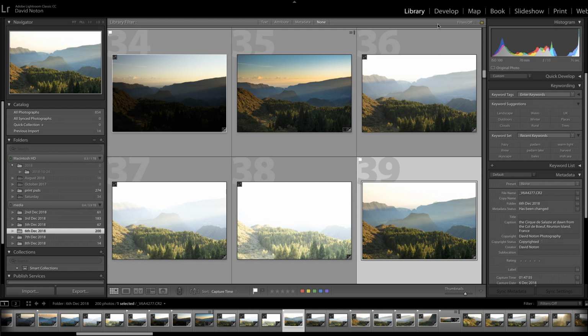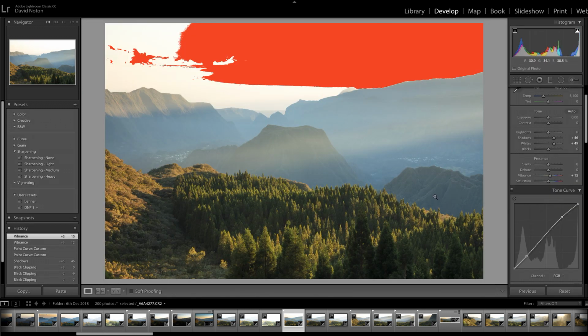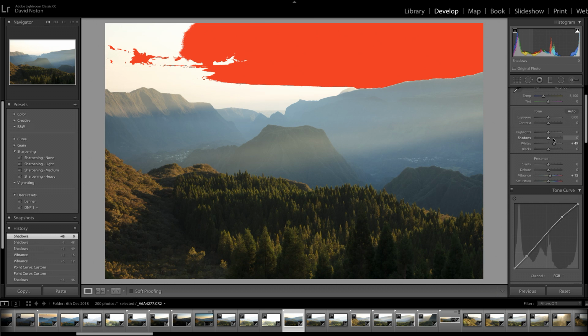Okay, so I've done that. So I'm going to go back into my develop module now. And now what I'm going to do is look at this middle area of the image. So I'm going to pull back. I don't need all that shadow boost on this area of the picture, so I'm going to reset my shadows to 0. And I'm going to add down here a touch of, well, a fair bit of dehaze, quite frankly,